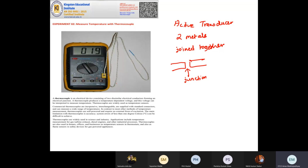And when you put this junction in a temperature sensing environment or higher temperature, an electric potential will be developed, which is measured by a voltmeter. Because how can you measure voltage, electric potential? By a voltmeter. What actually happens is both of the metals have different work function, and whenever you put that junction containing both metals in an environment where there is a temperature difference, a voltage will develop, because the difference of work function causes electrons to flow, but the electron flow is accelerated by the external temperature